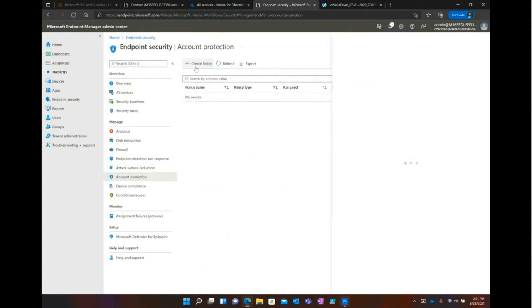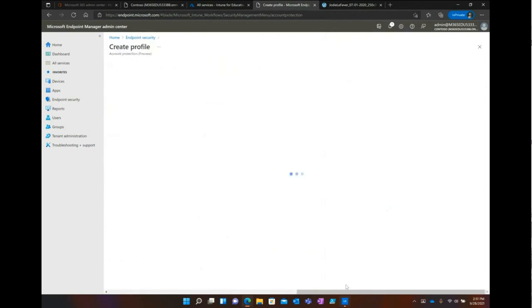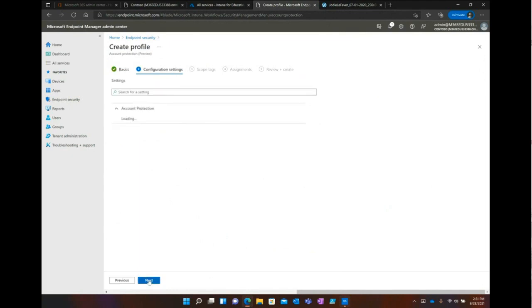I like account protection. I know it looks like it's out of preview now. So when you select the platform Windows 10 and later, yep, that's where the preview is. So this is all about Windows Hello, which we are all tired of passwords, right? I mean, nobody wants to enter a password or remember passwords anymore. So I hope everybody is trying to do Windows Hello.